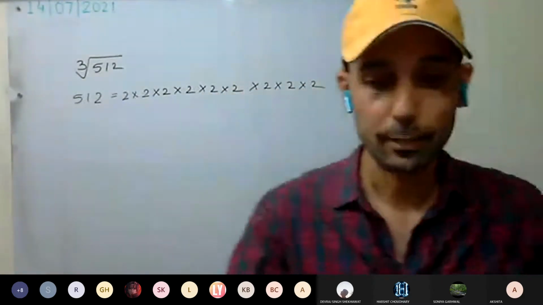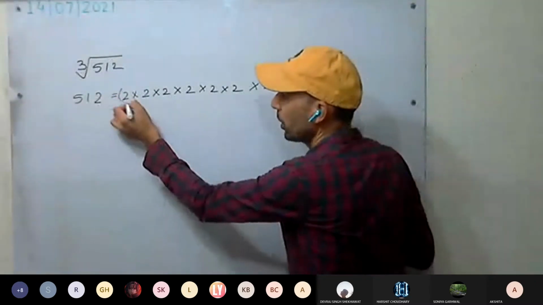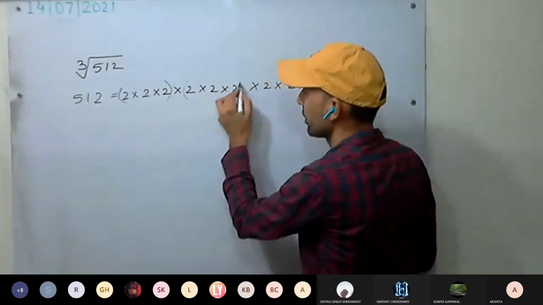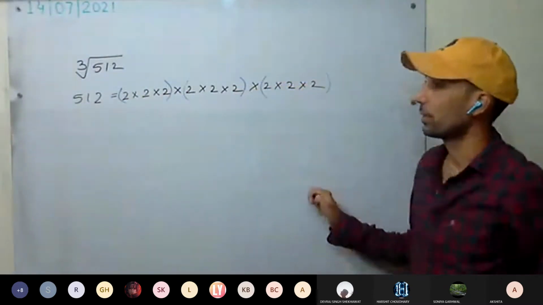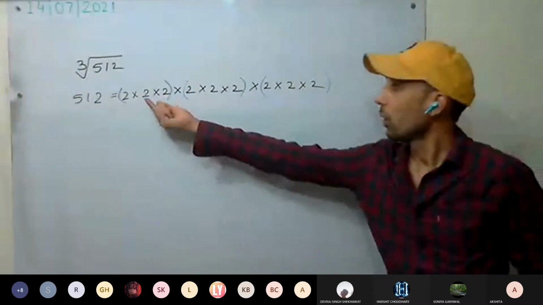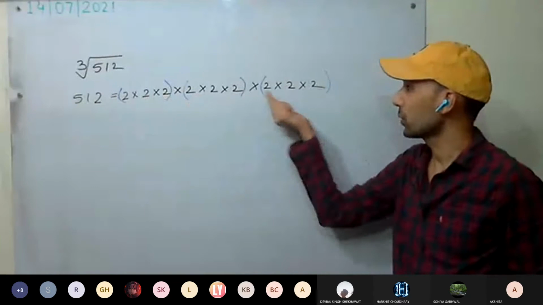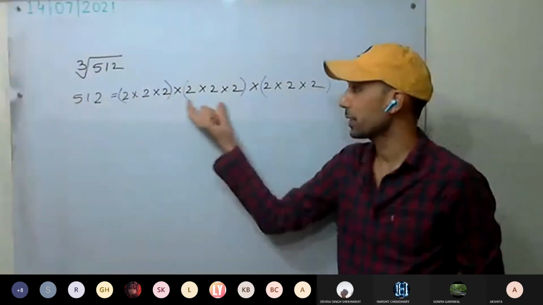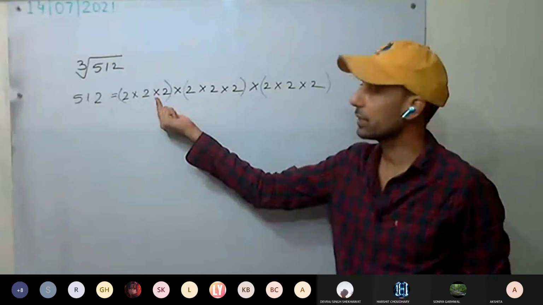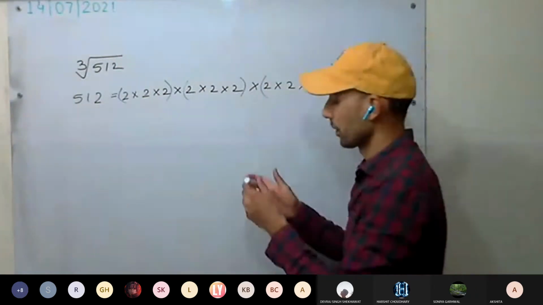So we have got the 9 numbers. Form the triplets. In square we form pairs, and this time we'll be forming triplets. Since all the same factors are in triplets, yes or no? All the 2, all the 2, all the 2. Same triplets are in brackets. All the factors are in triplets. Therefore, this is a perfect cube, yes or no?